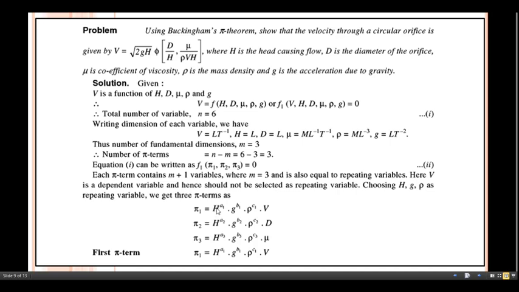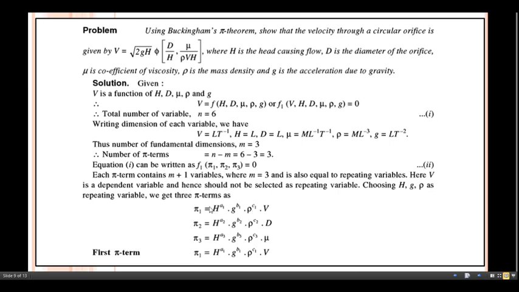Okay, so as per the condition given, out of these 3 variables, the first must be a geometrical variable, the next one must be a flow variable, and the next one must possess the fluid property. So according to that rule, here h indicates the height, that is nothing but the geometric variable. g indicates the flow property. Then rho, possessed by that particular fluid, is nothing but the fluid property.